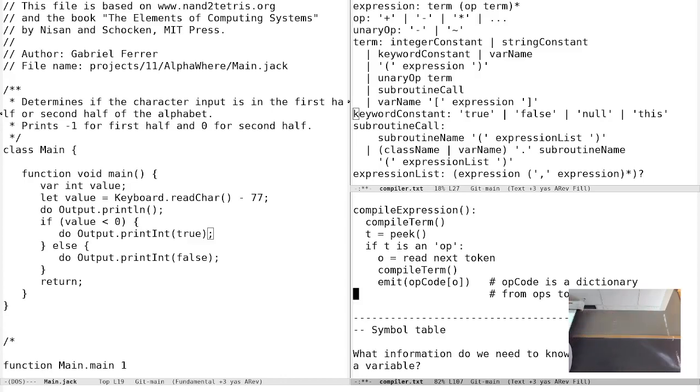Because I think every operator is going to correspond to a single line of VM code. So if it's a plus, it's just add. And if it's a times, then it's like a call, you know, math.multiply to or something like that, right? And we kind of did this last week when we made our simple compiler for this kind of Lisp language. We did the same. We had a dictionary like that. I don't remember what we called it, but